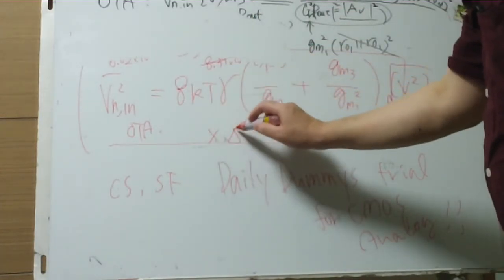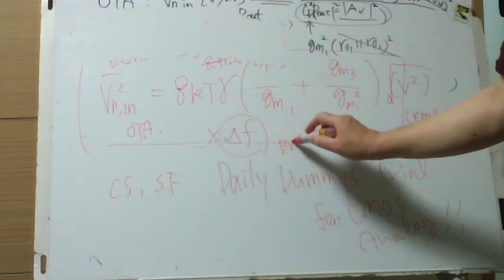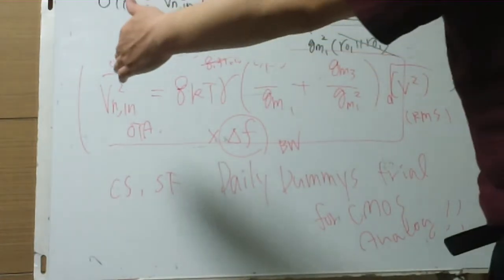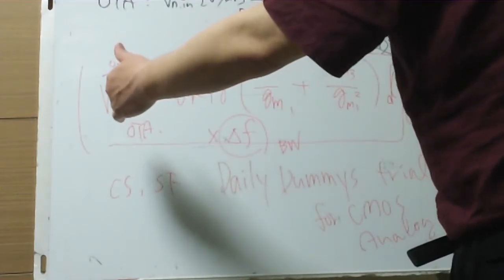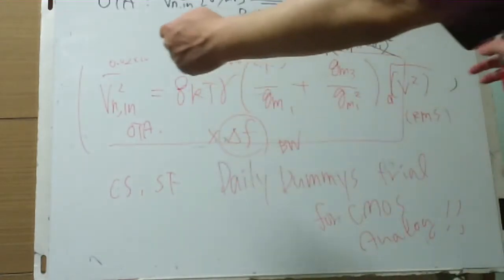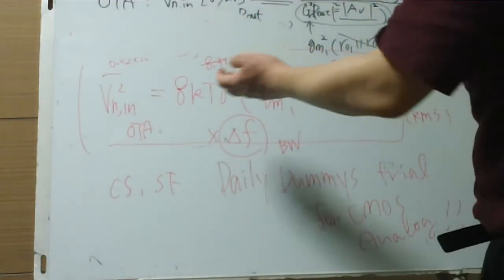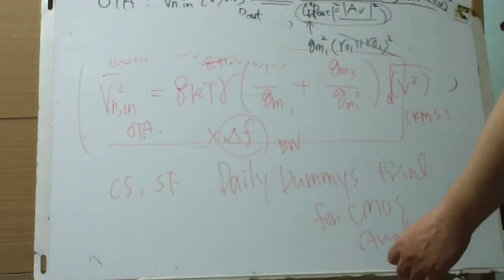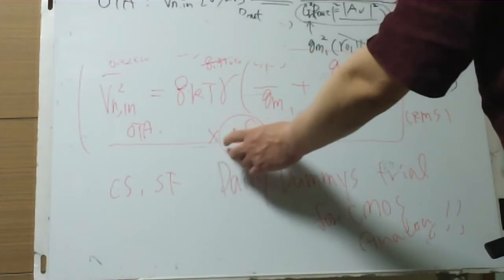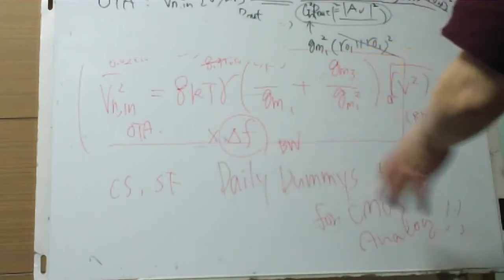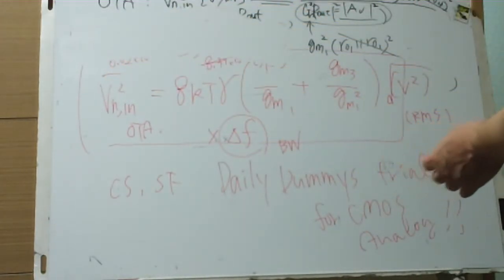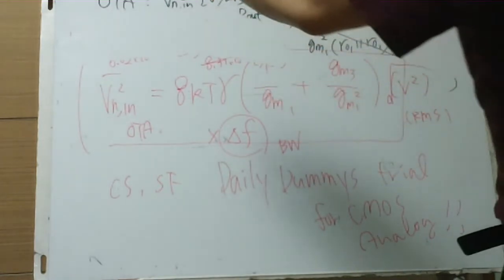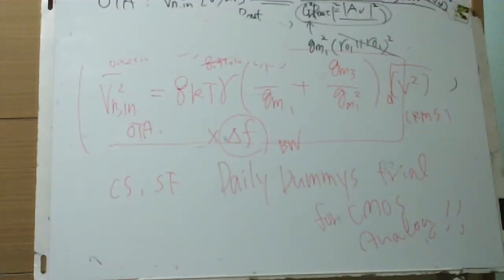after integrated over some bandwidth. The noise, to what extent, within what frequency range the noise can be transferred through this amp. So the amplifier's cutoff frequency may be 0 to some cutoff frequency, delta F is multiplied by this, and the noise power is in volt squared, and the square root of this we can get the RMS value in volt,